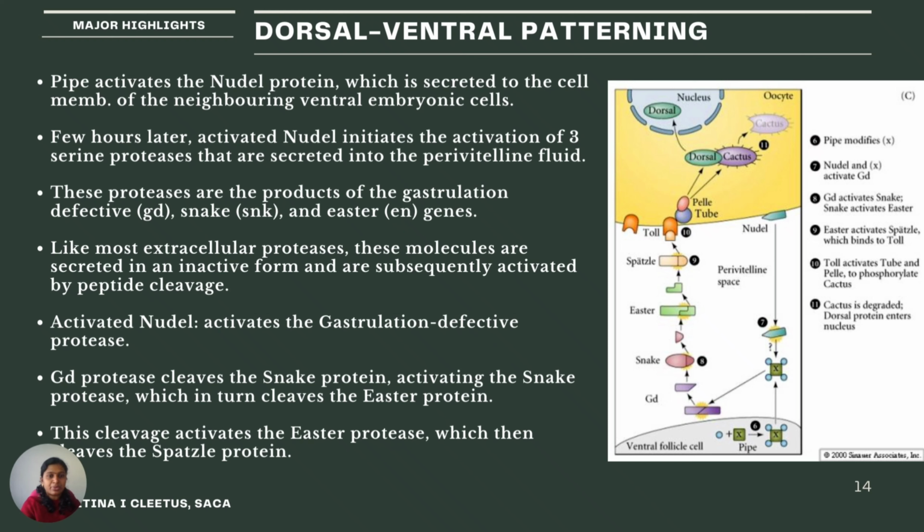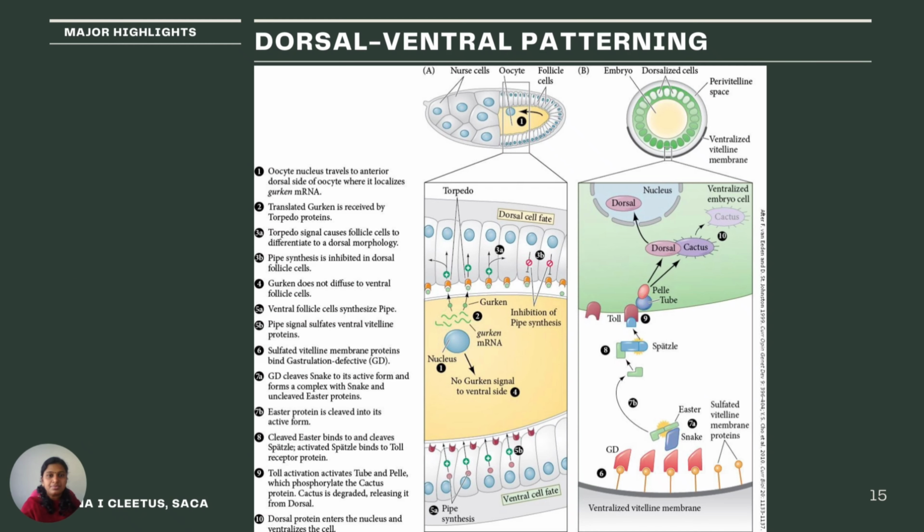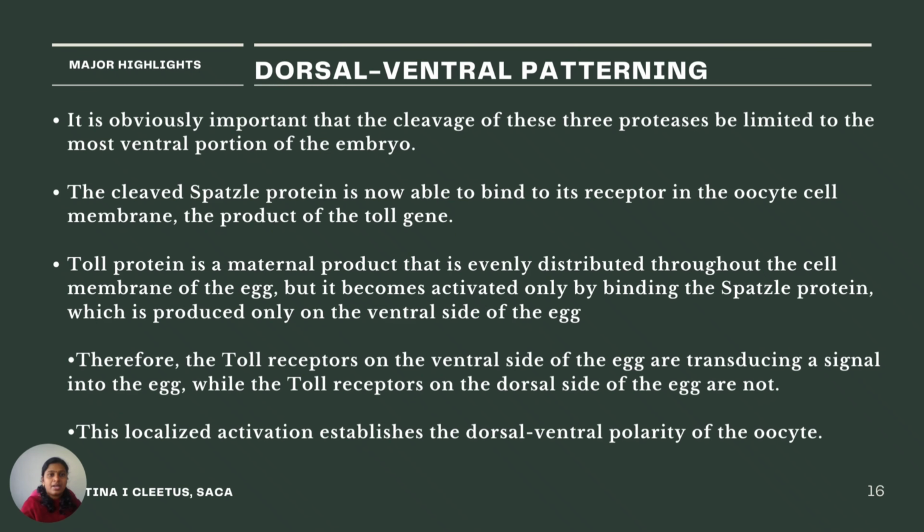This activated nodal protein then activates the gastrulation defective protease, that is the GD protease. It then cleaves the snake protein, activating the snake protease, which in turn cleaves the easter protein. And this cleavage activates the easter protease, which then cleaves the spatzle protein. This is a cascade of events cleaving the 3 serine proteases. And it is also important that cleavage of these proteases is limited to the most ventral portion of